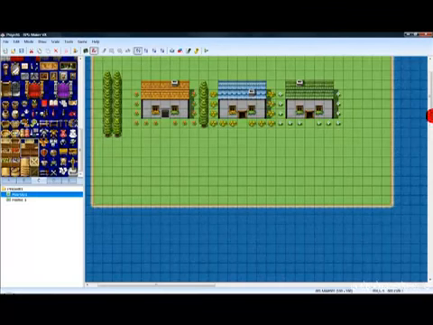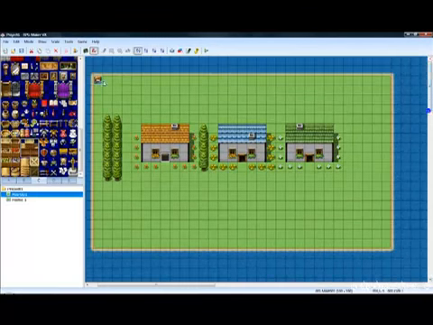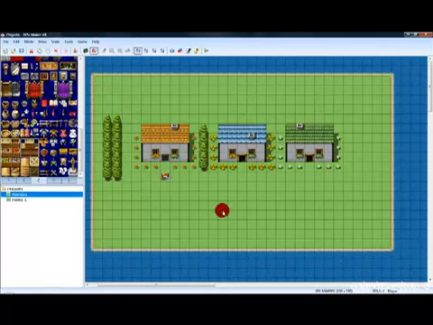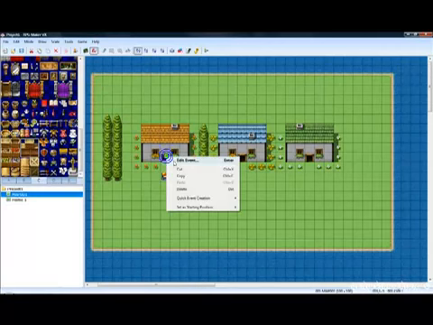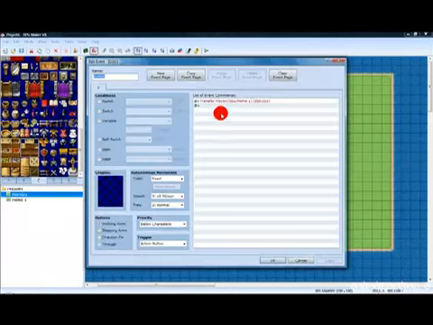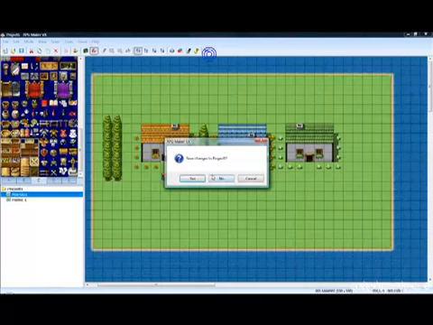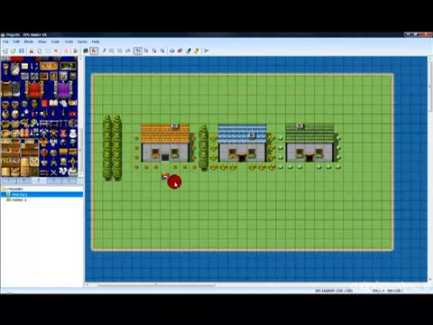OK. And then you can test run that. As soon as your player touches that, it should take you straight there. So, click on the playtest, which is the big green button, save the changes,